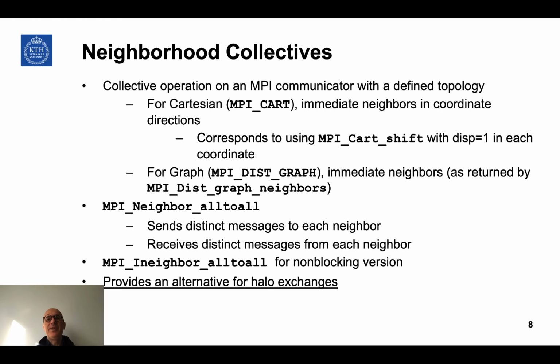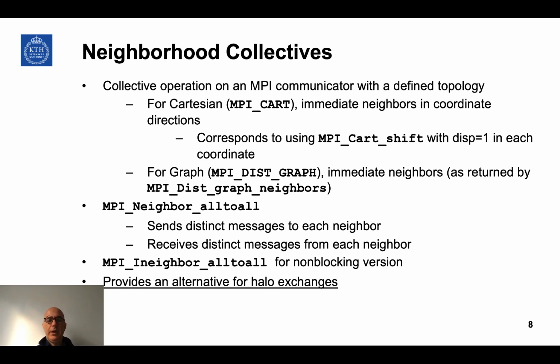A very interesting collective operation also introduced in MPI 3 are the so-called neighborhood collectives, which are meant to do the exchange of ghost cells or halo exchange in the PDE solution, right? So if you have discretized equations, there is also a collective operation to do the swapping of halo exchange. This works for a Cartesian virtual topology, so MPI_Cart, and only works for immediate neighbors in the coordinate directions. So if you have 2D, we work in the x direction and in the y direction. It is also available for graph topologies, but the support is